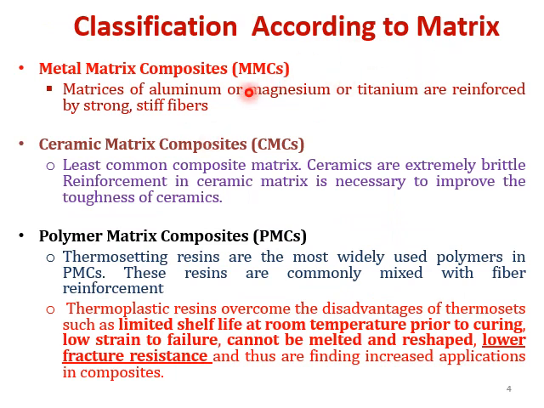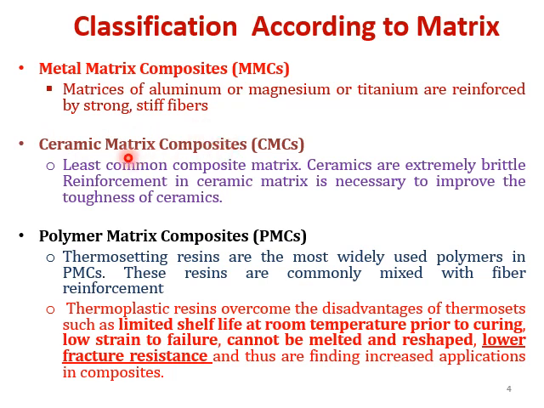Now, composites on the basis of matrices are classified as metal matrix composite, ceramic matrix composite, and polymer matrix composite, as discussed. Now, what are the metals that are used as matrices in composites? The matrices of aluminium, magnesium, and titanium. You know, all these are well-known metals which are used or which are reinforced. These matrices of aluminium, magnesium, or titanium are reinforced by strong stiff fibers. So these strong stiff fibers are the reinforcement. It can be a carbon fiber, it can be a ceramic fiber like silicon carbide, and those things we'll be discussing. But the major matrices which are used in metal matrix composites are aluminium, magnesium, titanium, and their alloys, right?